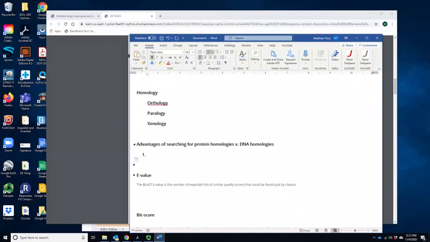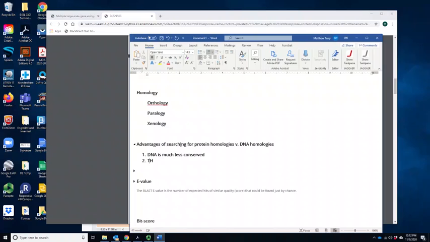Number 1 is DNA is much less conserved. And the reason for that is just because of the way the genetic code works. We can have many mutations in DNA that do not change the corresponding amino acid, and so we build up much more sequence divergence in DNA than we do at the amino acid level. And then number 2 is there